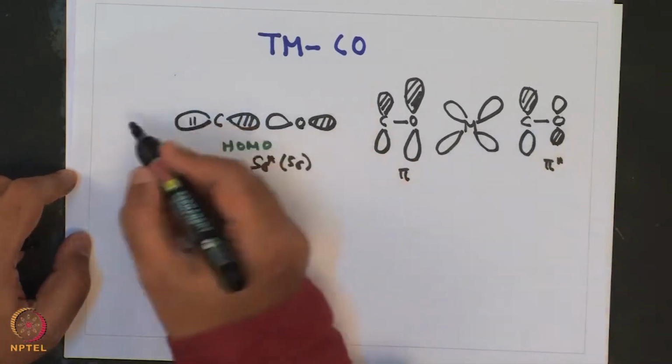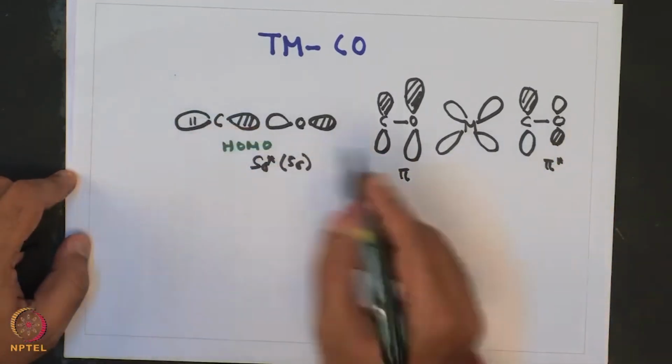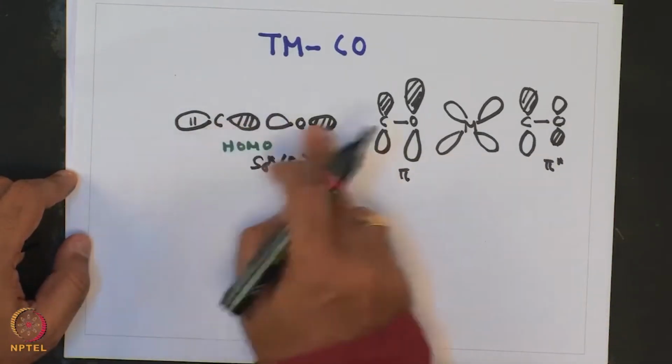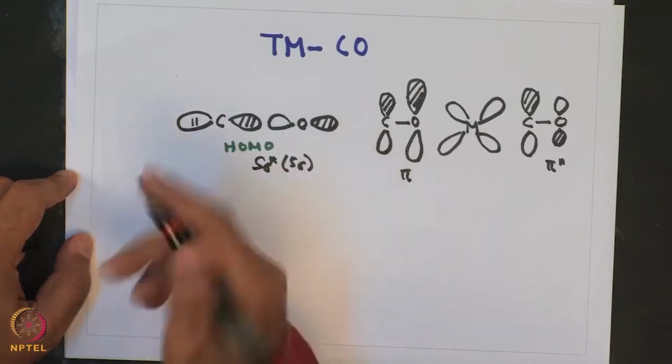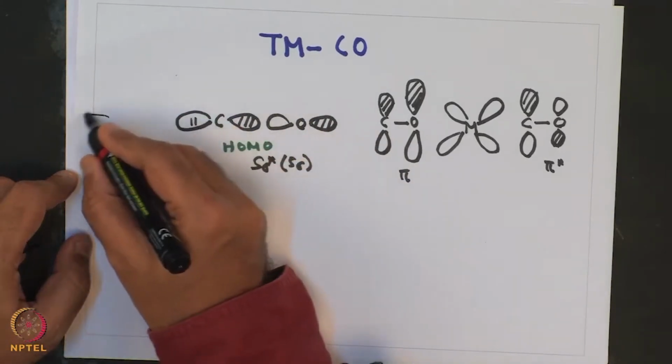So, for example, the CO sigma orbital containing a lone pair interacts with the metal orbital. The interaction is